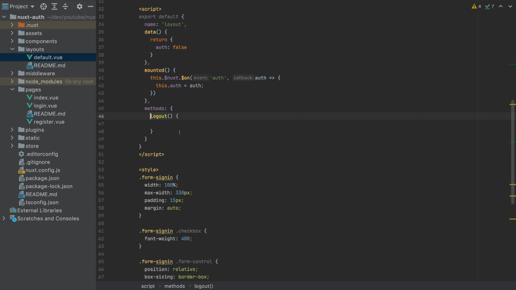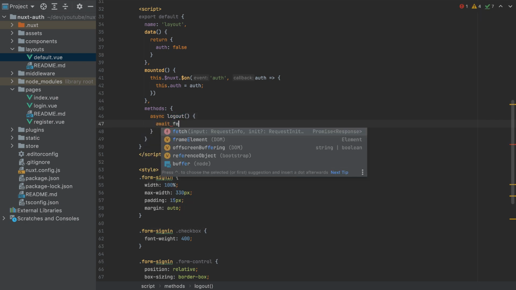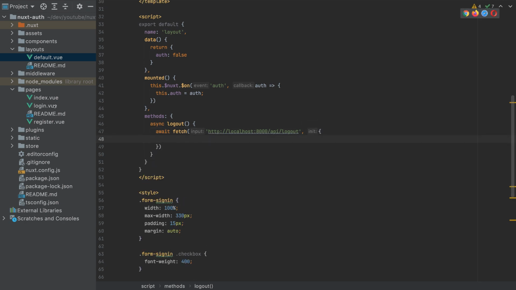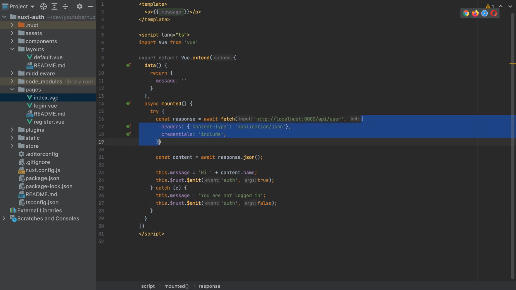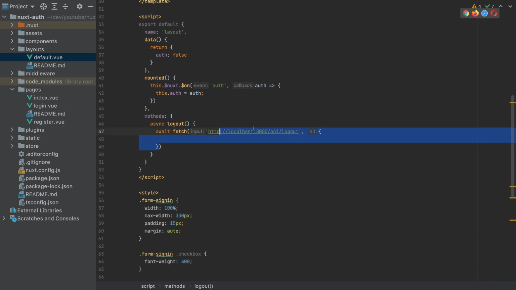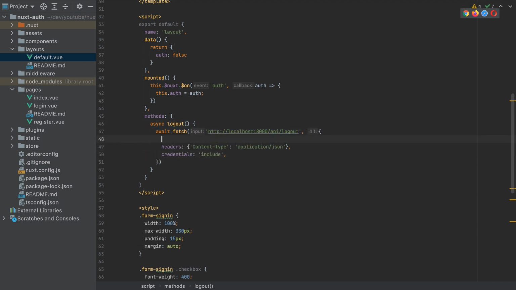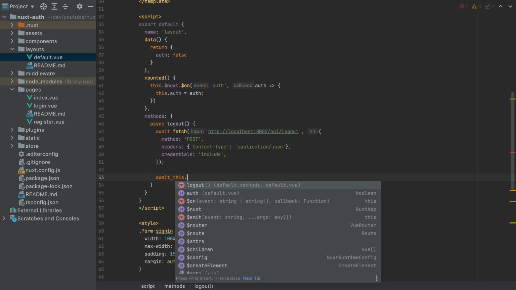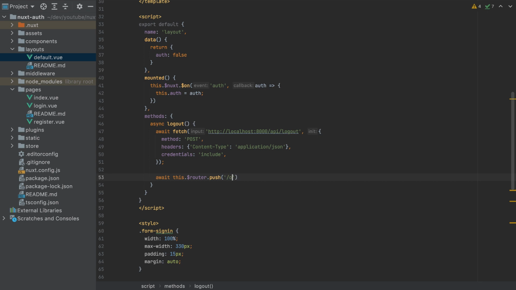Now in this logout function, we have to send a request to the server, which means let's make this asynchronous, and we'll await fetch http localhost port 8000/api/logout. And what we'll send, I will copy it from the index here. It is almost the same, so we need to add the credentials also here. Also, this is a post request, so let's add a method which is a post request. And that is our request. After we finish, we'll redirect to login. So await this router push to login,